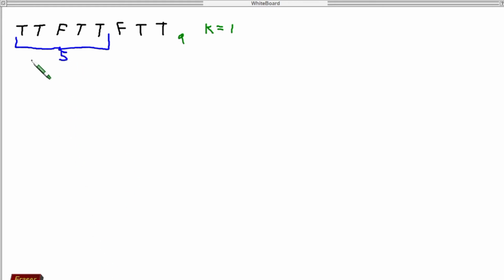Now let's start from index 2. We can see we can change all characters to T. Let's say we change this F to T so we can continue. Now the same situation arises. We have both T's and F's greater than 1, so we can change neither of them to all T's or all F's.